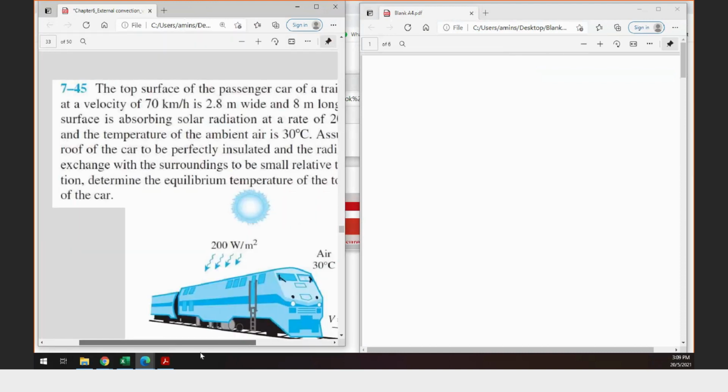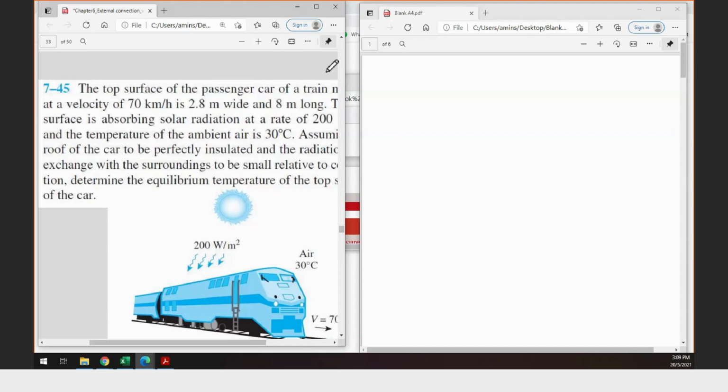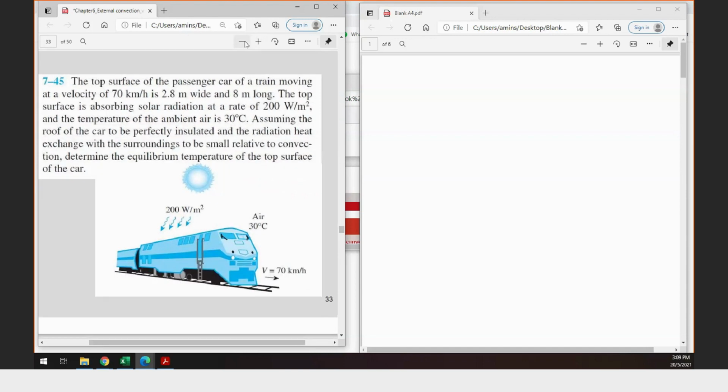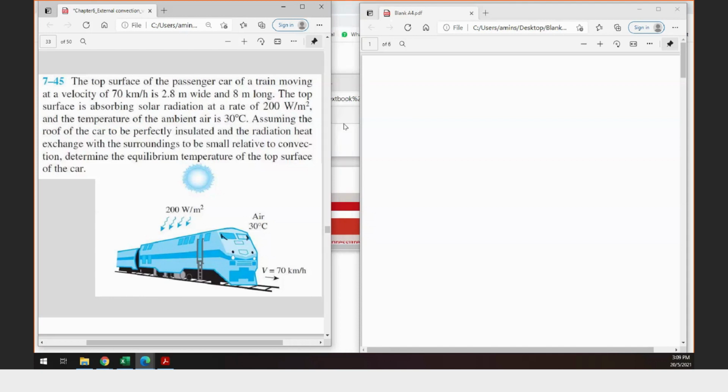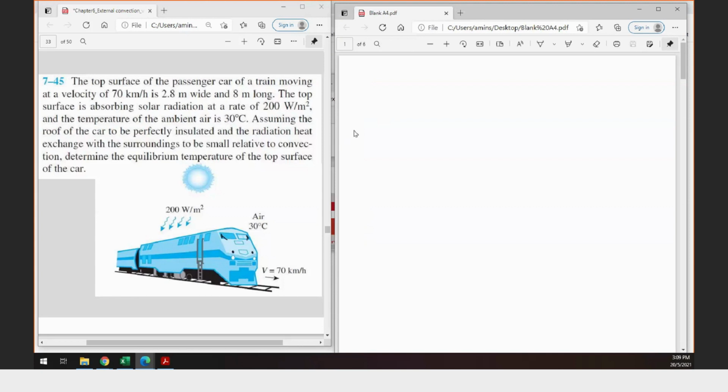Can you see the problems clearly? It's a bit small. Okay. So